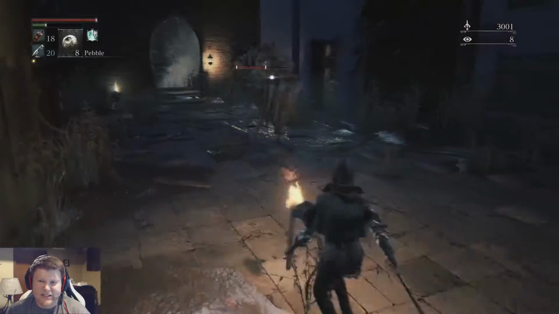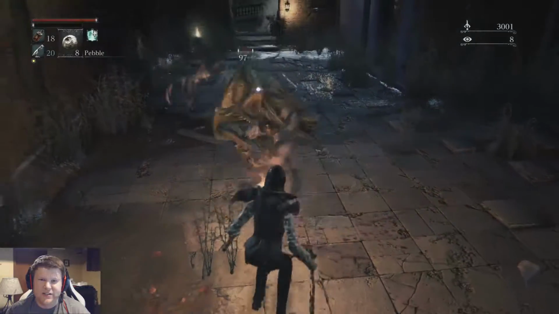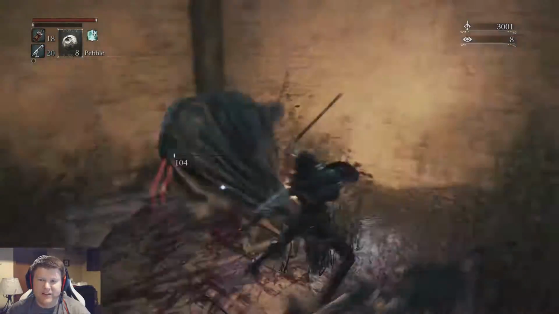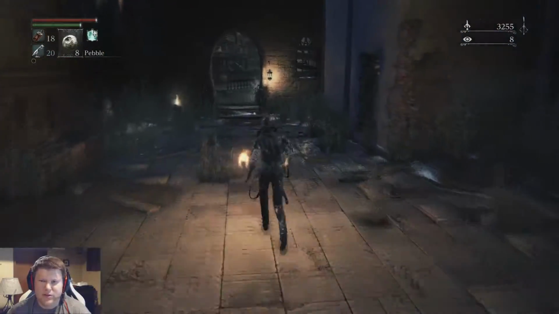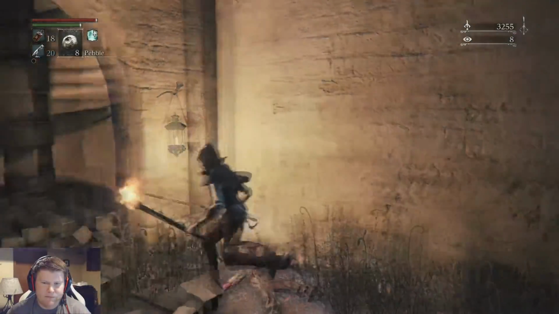I like to keep my distance. The whip is probably the best weapon for keeping your distance. Although the cane is actually pretty effective too. Not really at keeping distance, but I like it so far. The Hunter's Axe is a good weapon though too. That was the one I originally started the game on. But I'm liking the